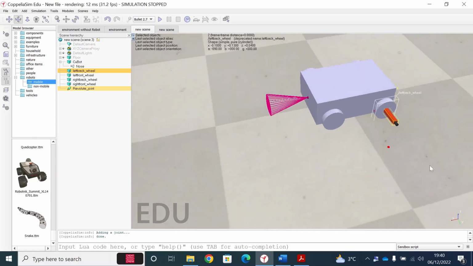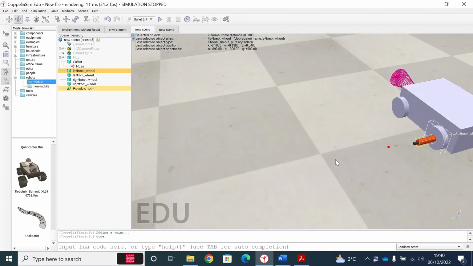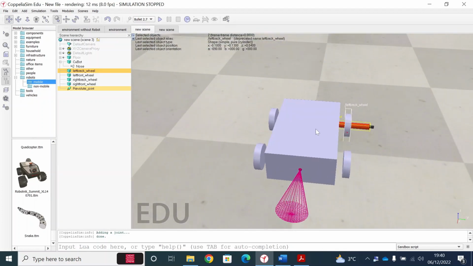So now you can see your joint is neatly aligned with the wheel. Fine. So now rename the joint as left back motor, left back screw motor, right? So now assemble